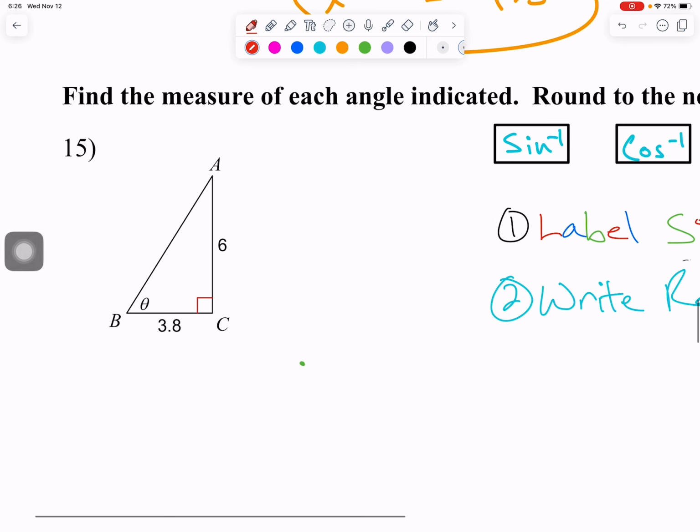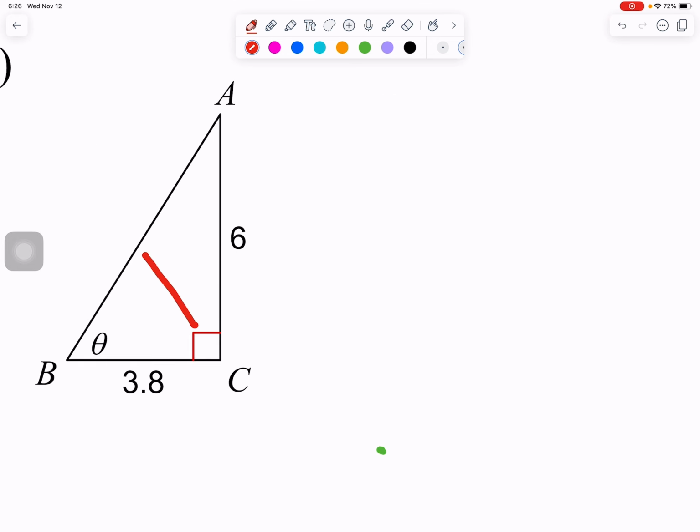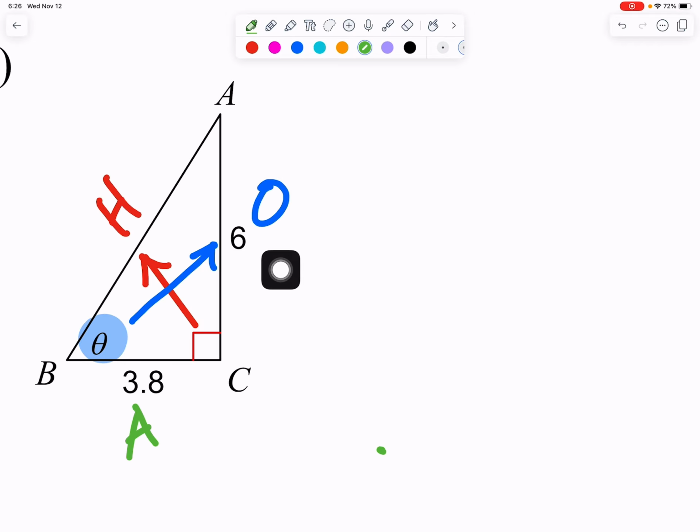But first, we have to label our sides, and right across our right angle is our hypotenuse. Then I'm searching that interior for an angle measurement or theta. There's theta. Opposite theta is our opposite side. Go ahead and put the O, and the adjacent, I always go last. Oh my goodness, again, the H is not being used. So we are just going to set this up as tan